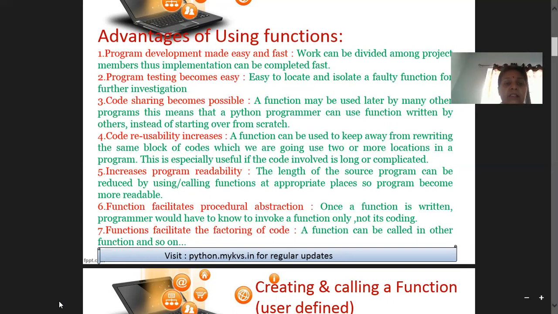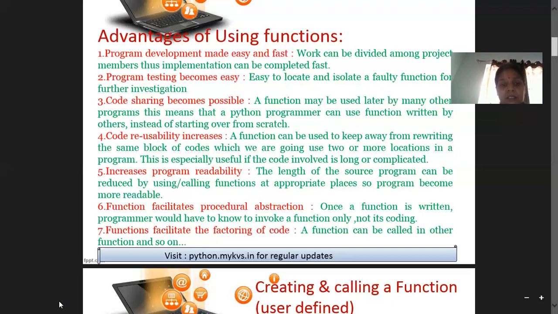Okay, increase the program readability means the length of the source program can be reduced by calling function at appropriate place, so program becomes more readable. That means we can access or call our function anywhere in program, so that our program will be more readable. There is no need to read a large program at the same time. We can read just a code of a function, and we can understand what function is doing.